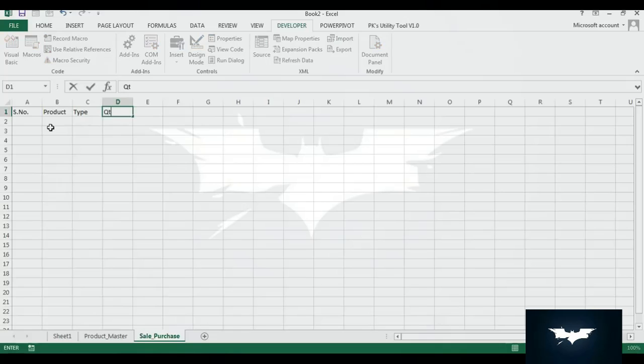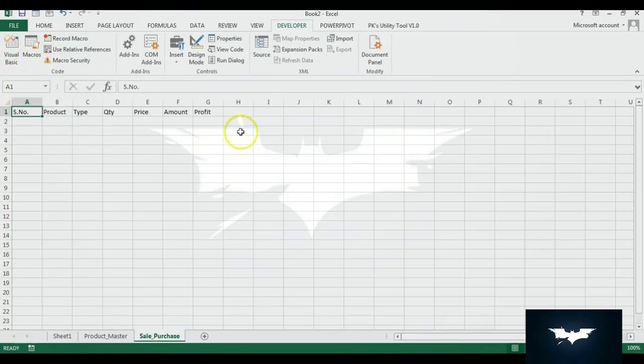Then we will take the quantity, and then we will take the rate or price, whatever you want to put. Then we will put the amount, and after that I would like to calculate my profit. If it is a sale, then it should give some profit also. If the transaction is purchase, then you can put here NA or blank. So I'm just putting here profit. Alright, so this will be our sale table.